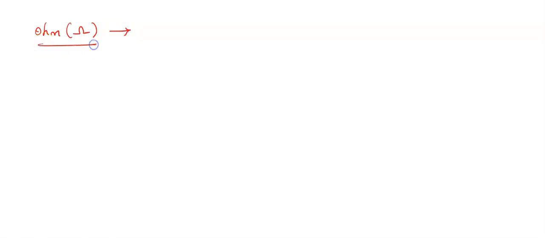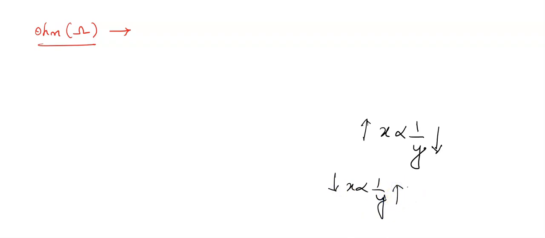Before defining what is ohm, I forgot to tell you one thing. I told you about directly proportional. If it is inversely proportional, let me take something x. I am saying x is inversely proportional to y, that is 1 by y. Inversely means you write 1 upon any number or alphabet. If you increase the LHS, that is x, then y will decrease. That is called inversely proportional. One side if you increase, the other side will decrease. Similarly, if you decrease x, then y will increase.